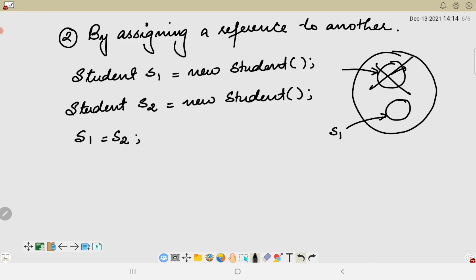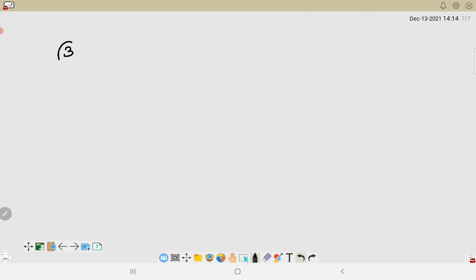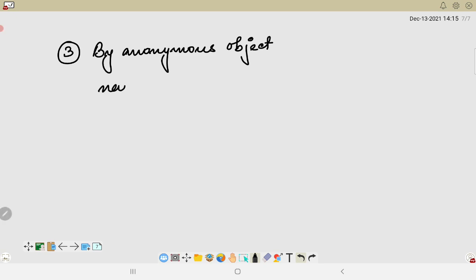The third method is the anonymous object. We will talk about this in detail later. However, as of now, we have to understand that these kinds of objects do not have any reference variable. For example, new Student.